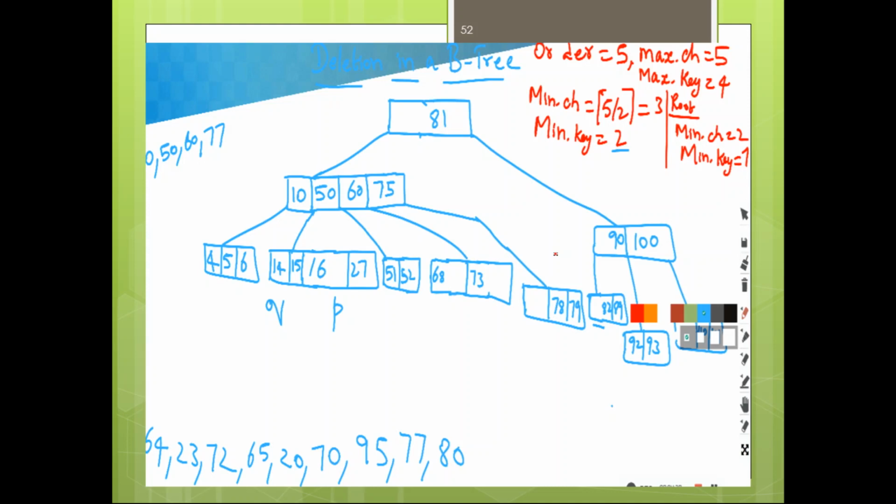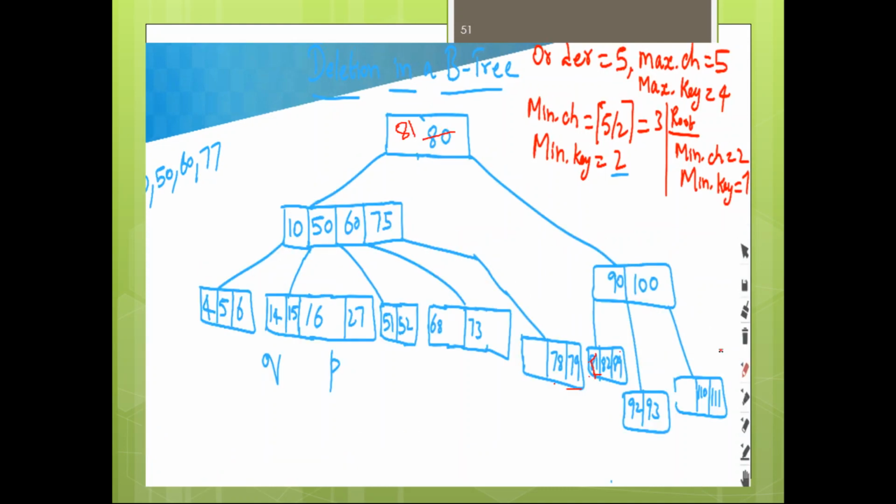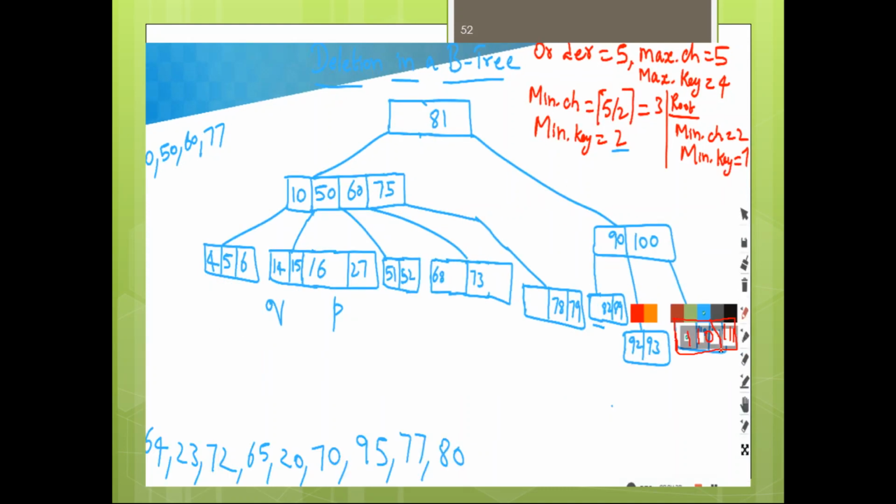Now let us say we want to delete 100. Here actually you have 110 and 111. It's not visible, but here we have only two keys. One is 110, the other one is 111. Let's verify, it is 110 and 111. So now if you want to delete 100, what can we do?